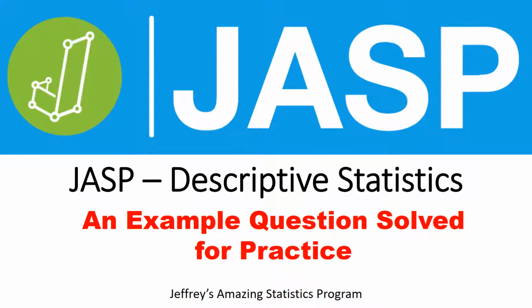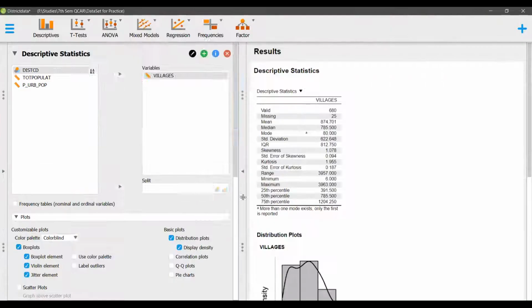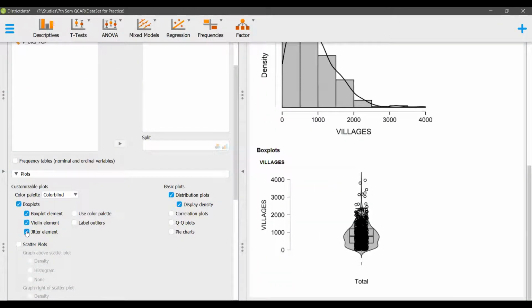Just a small correction from the previous video. When I was explaining box plot, I made some conclusions regarding the positive and negative skewness using the median line, but I don't think we can do that directly from there, because if we have such a box plot and my median is not at the center of the first and the third quartile,